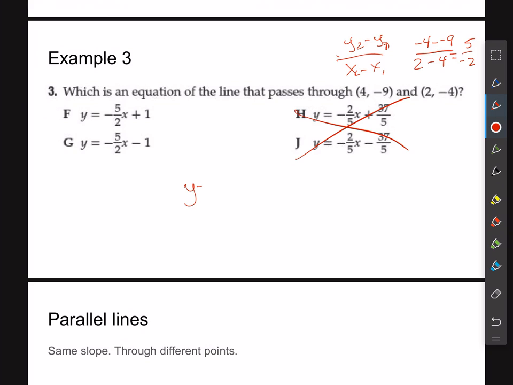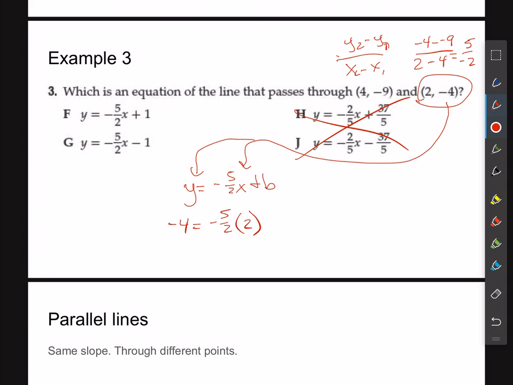So I have y is equal to negative 5 halves x plus b, technically. To figure the b out, I'm going to choose a point and plug it in for the x and the y. Okay, so the y value is negative 4, so I can say negative 4 is equal to negative 5 over 2 times 2 plus b. When I do this out, I get negative 4 is equal to negative 5 halves times 2, which is just negative 10 over 2, which is just negative 5